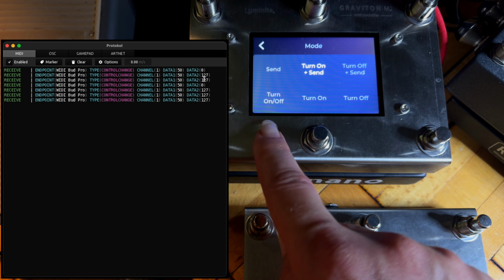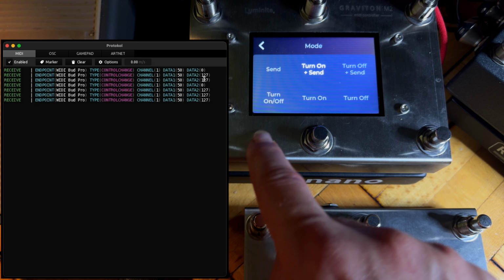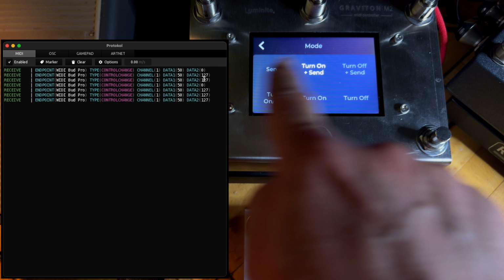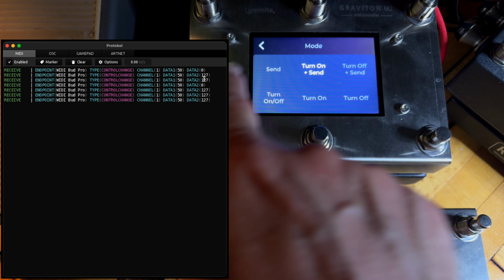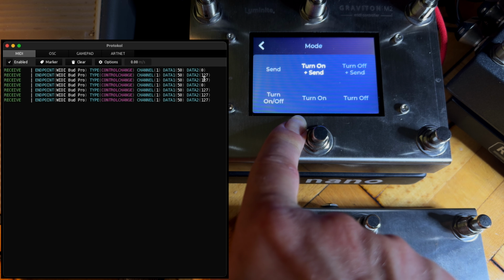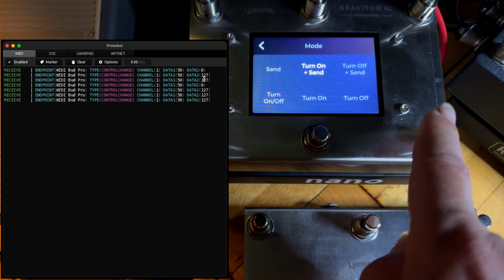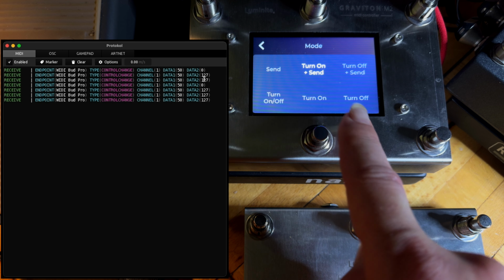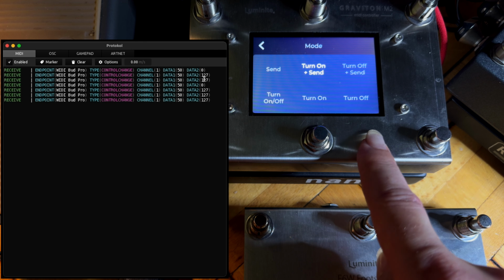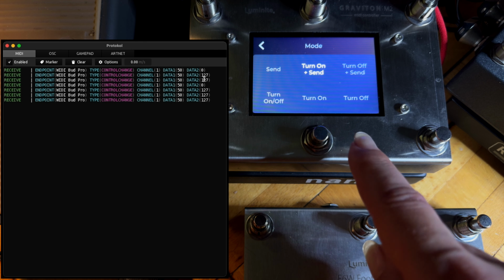But this is only to turn this blue dot, not sending, because sending is here. So here you are sending messages. Here you can turn on this dot, but without sending a message. Maybe it's a little bit complicated, but if you start to program your dependent